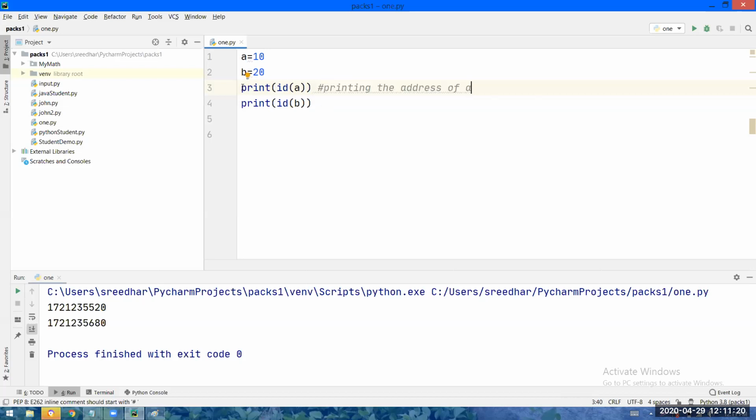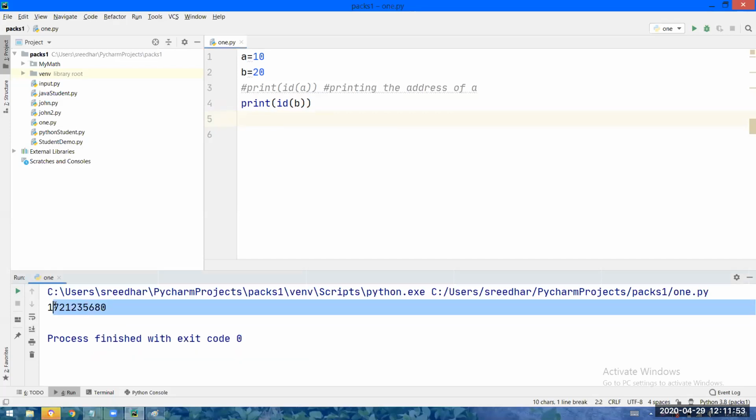Now I am asking you a question. If I execute this program, address of A will be printed, address of B will be printed, both addresses will be printed. What will be the output? Only the second one. Address of B. Very good. Because let it be a meaningful thing or an unmeaningful thing, whatever you put after hash is totally ignored. So now only the address of B you have to expect.